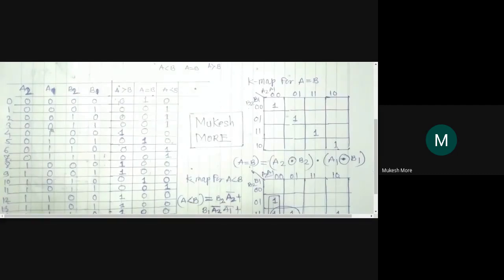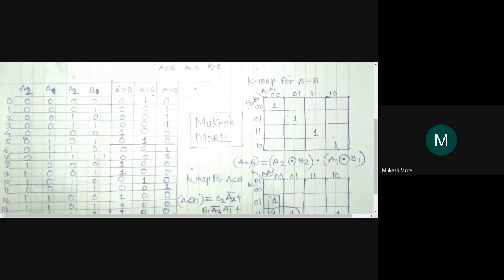Similarly, for entry number 3, for this 0 0 and 1 1, A is less and B is greater. I am writing 1 here in the last column. In the last column, A is less and B is greater. Okay, and all other cells are 0. I just have to write 1 with respect to the column by comparing the two numbers.